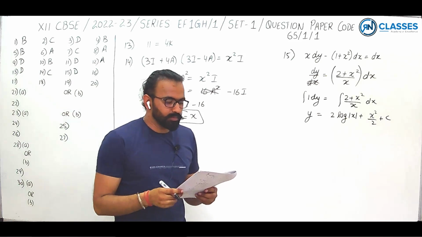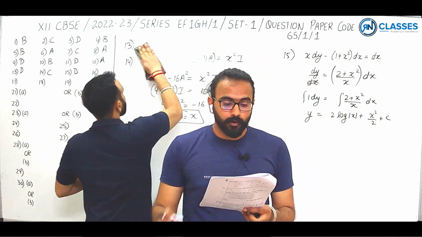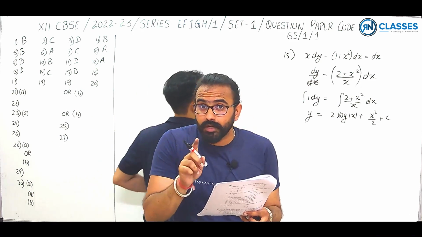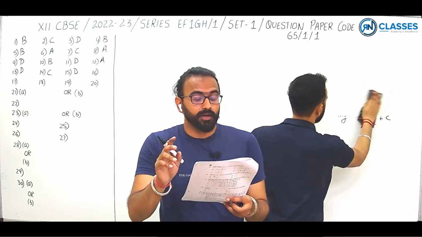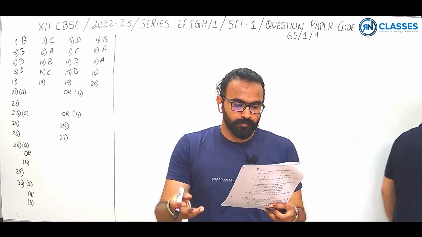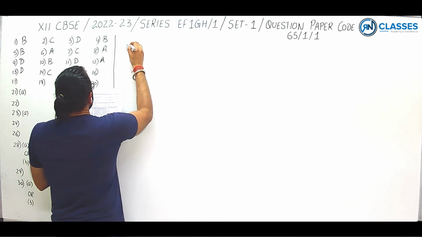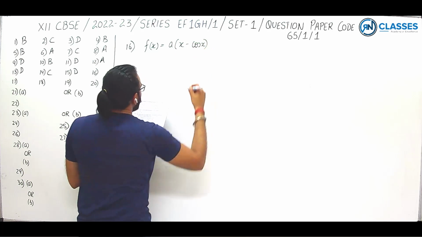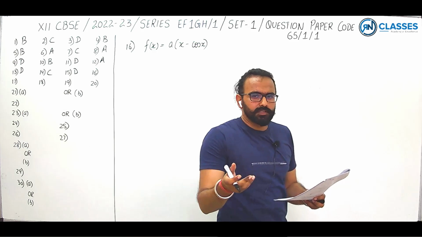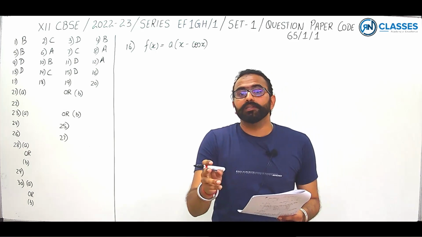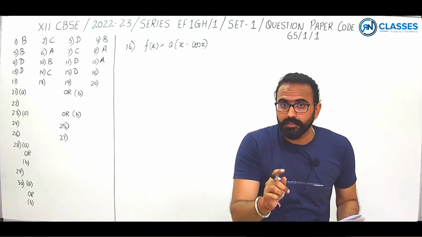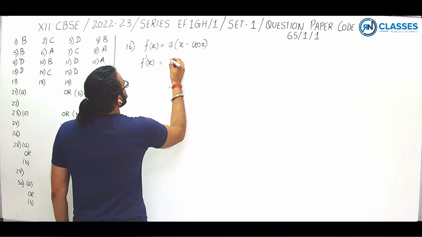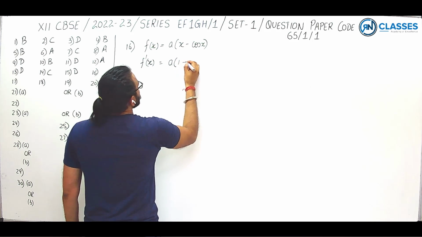Now passing on to question number 16. If f of x equals a into x minus cos x is strictly decreasing in the set of all reals, then a belongs to. Since we are given that this function is a strictly decreasing function, and for a strictly decreasing function, the condition is f dash x must be strictly less than 0. So first of all, we need to find f dash x, and f dash x turns out to be a into the derivative of this, which is 1 plus sin x,